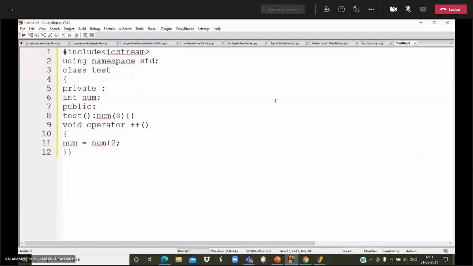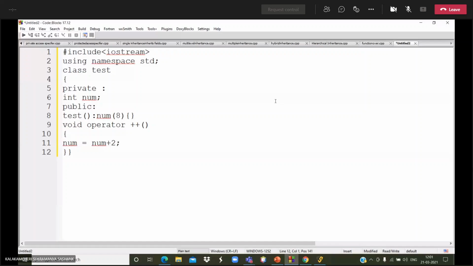Then with the help of the object, I am calling the print function. I am returning the function. Now I am running the code. You want to save with the .cpp extension. See, the value is 10.